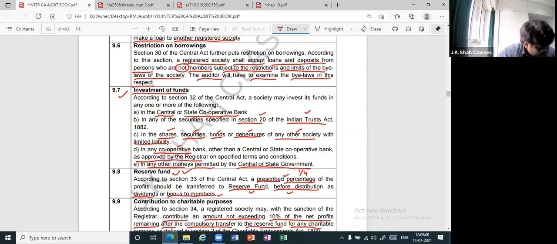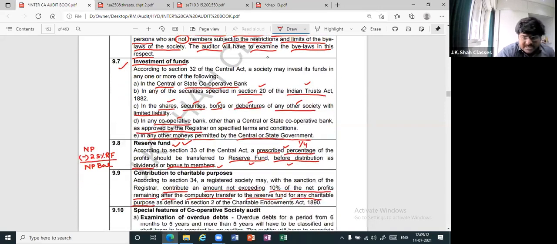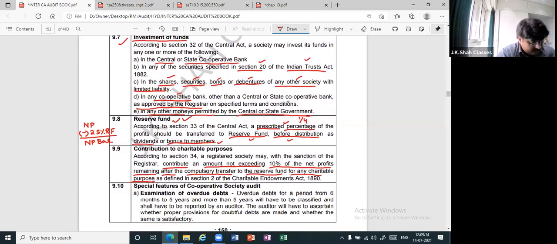Supposing you have net profit, then at least 25% should go to the reserve fund. Then you will get the balanced net profit. You understand what I'm telling? It is like CRR; it keeps on changing. If there is a notification, then it comes. The only thing is you don't have to write the percentage. You just have to write prescribed percentage because that prescription keeps on being amended every time.